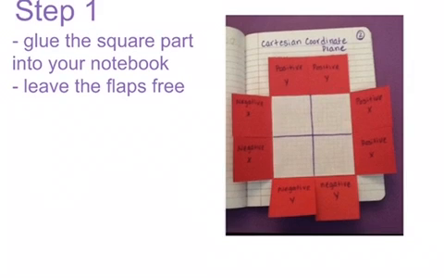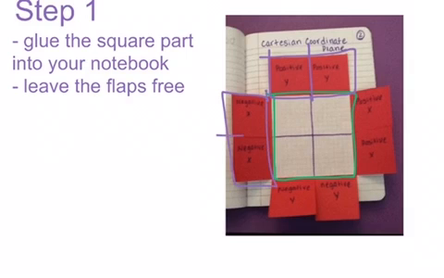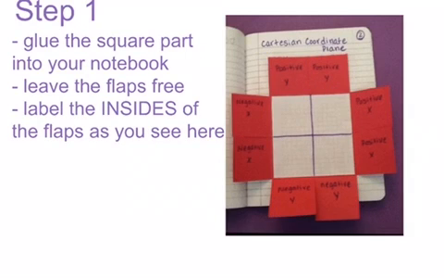So now that you've glued hopefully just the back part on, you should find that your flaps here are free, and there should be a slice down the middle if you've cut it out correctly. So you should eventually be able, you can kind of see here, to fold them over. What you're going to do before you do that though is you're going to label the insides of the flaps